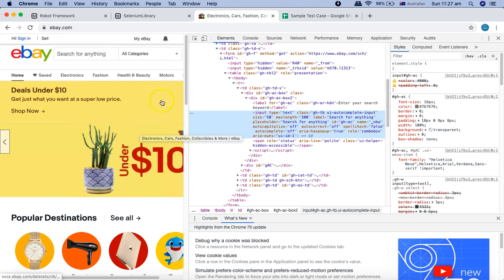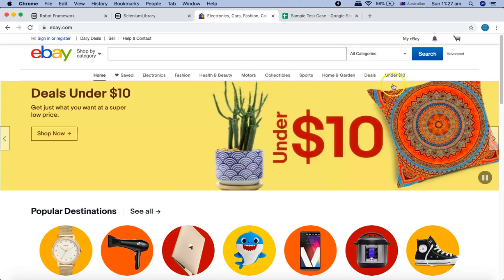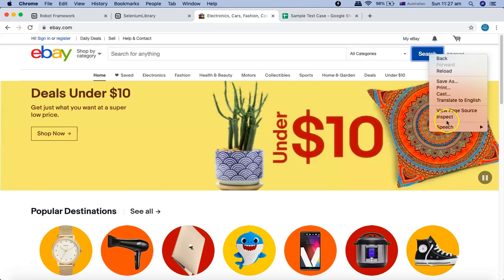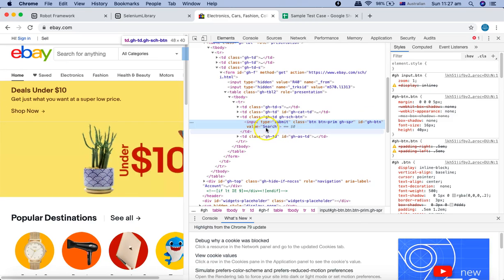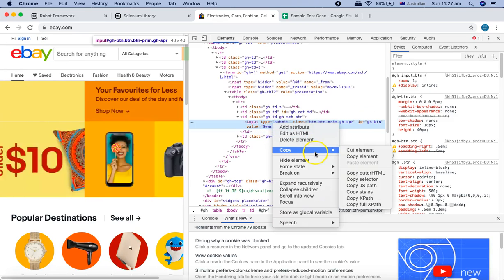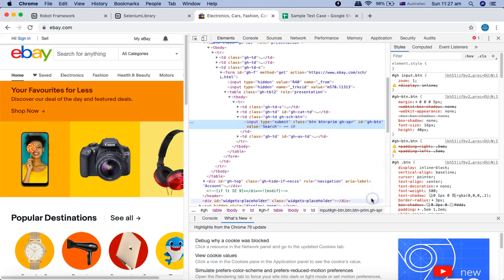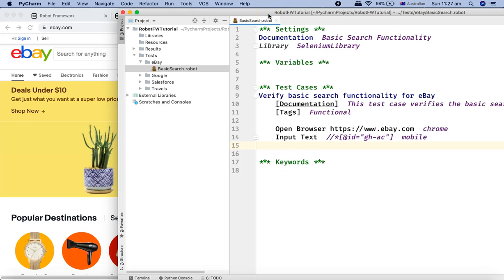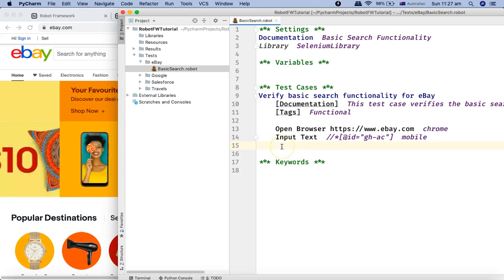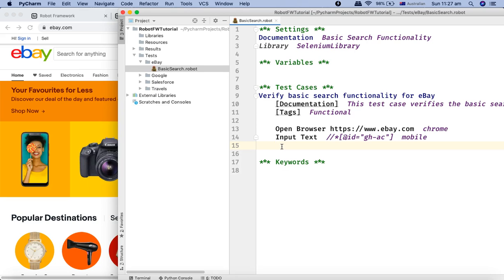So if we go to the ebay.com website, right click on the search button, click on inspect, and it will highlight the search button. Just right click, copy, and click on copy XPath. Go to the Robot Framework script and then check which keyword we'll be utilizing to press the